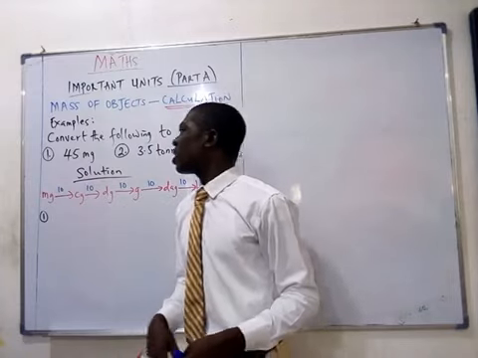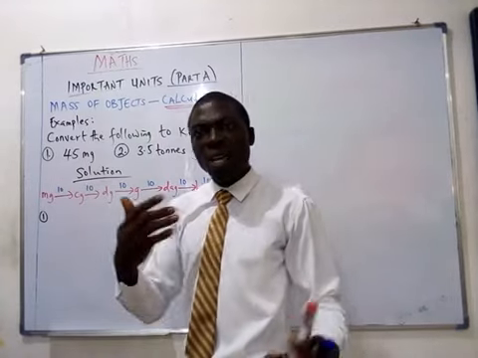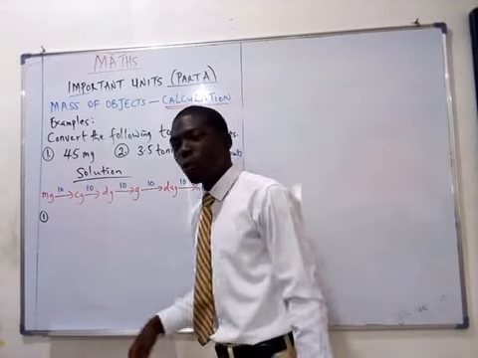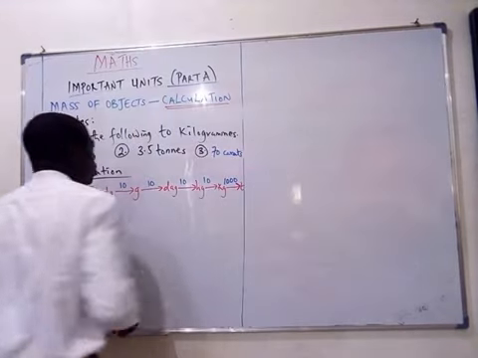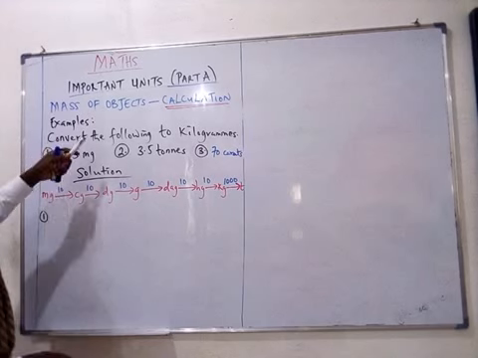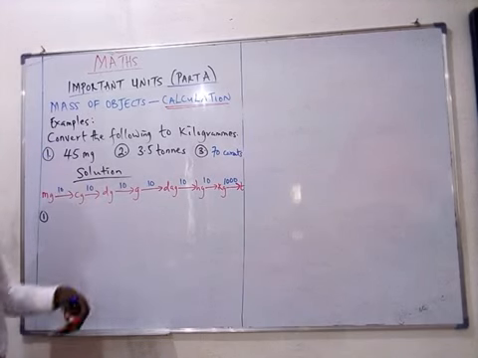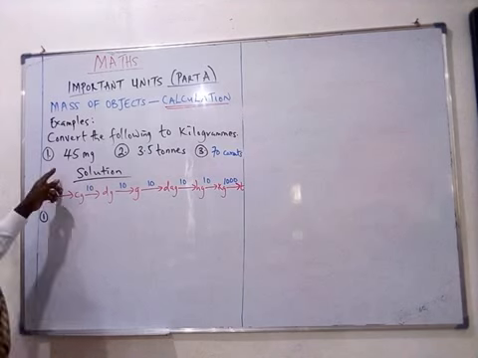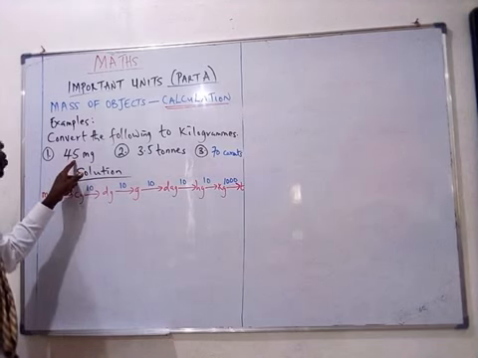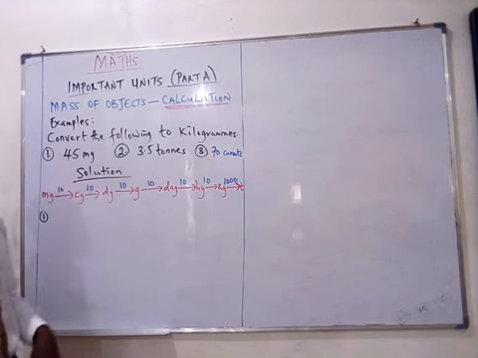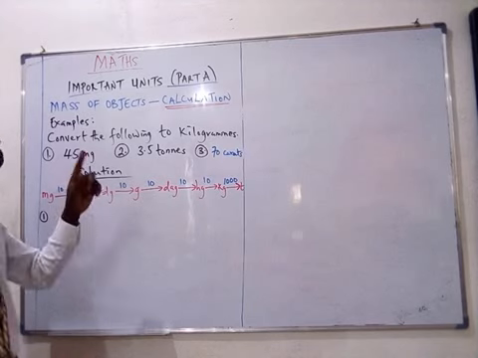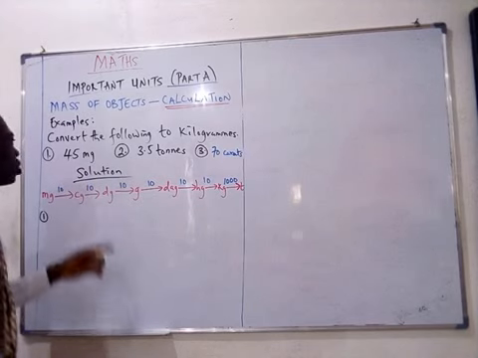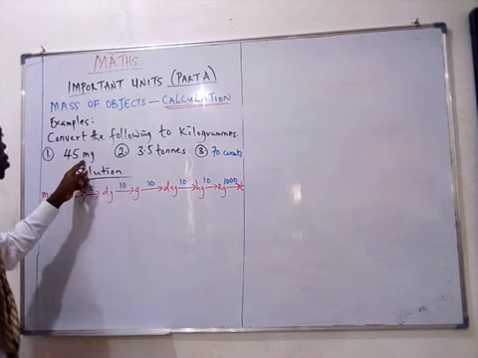Now look at this. In our last video, we looked at the units from milligram down to ton. So now we want to quickly do something. The question says, examples, convert the following to kilograms. Number one, convert 45 mg. This mg means milligrams, so convert 45 milligrams to